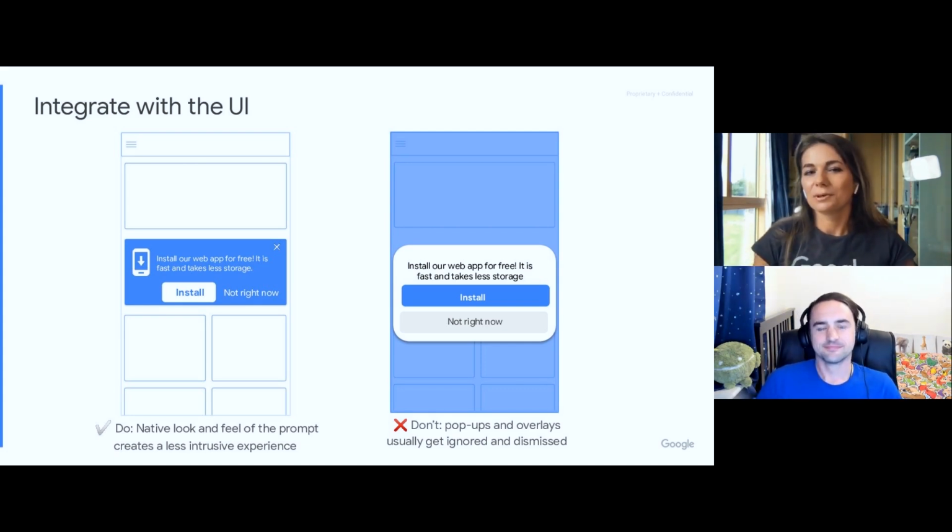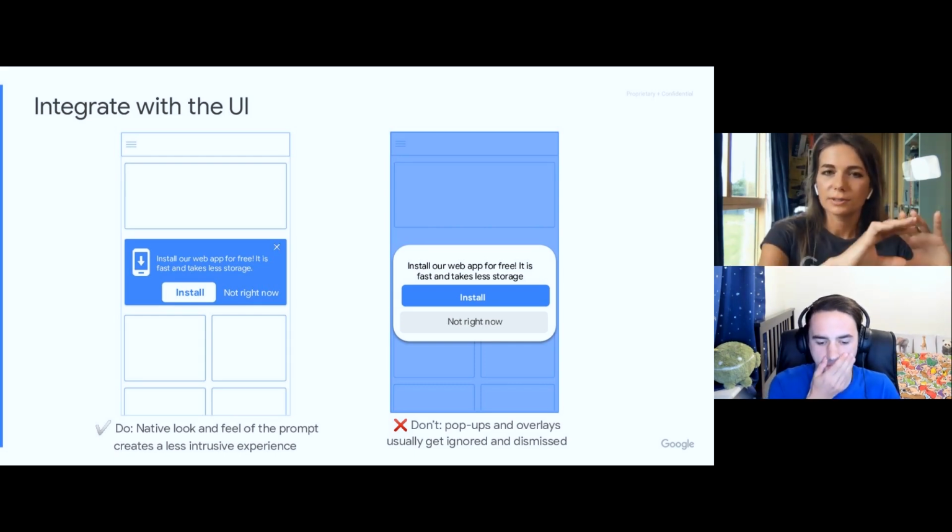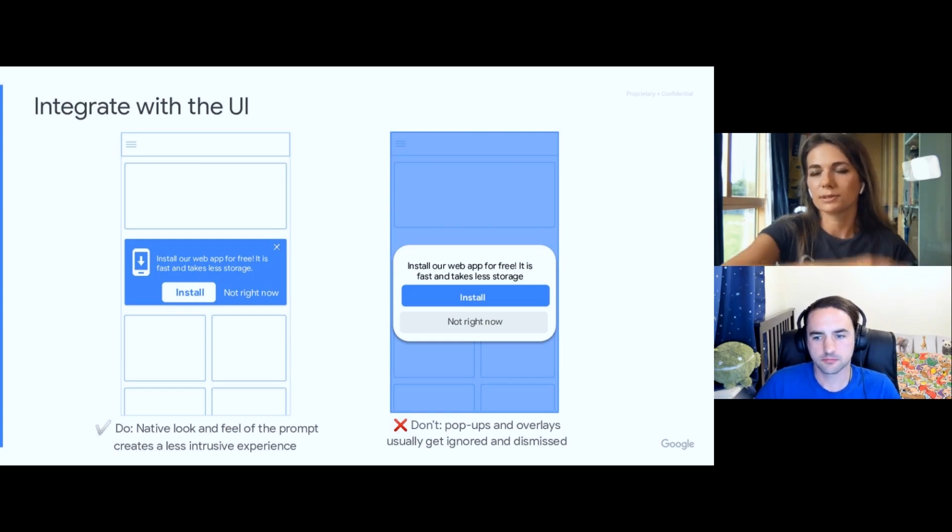There's a lot of research out there that says that for any pop-ups, people would rather dismiss them and not read and consider them. So instead of having this pop-up design or any overlay design, consider making this prompt look and feel as if it's part of the website, part of the journey, and maybe it can be easily dismissed or revisited and rediscovered at a later stage.